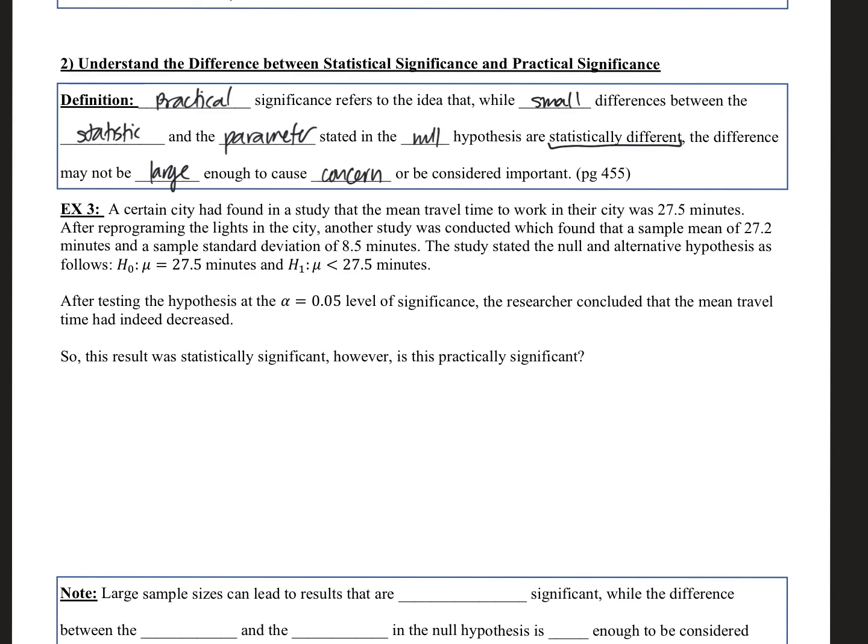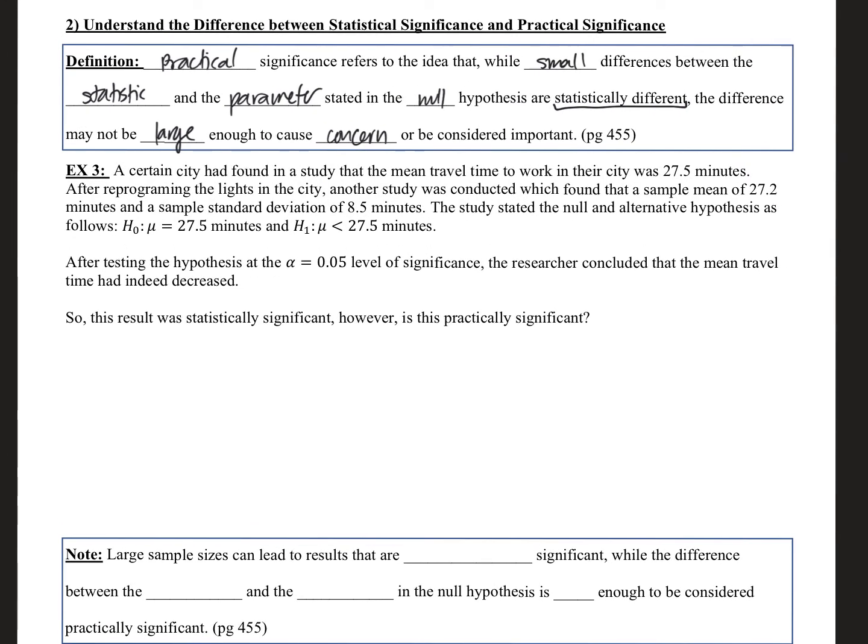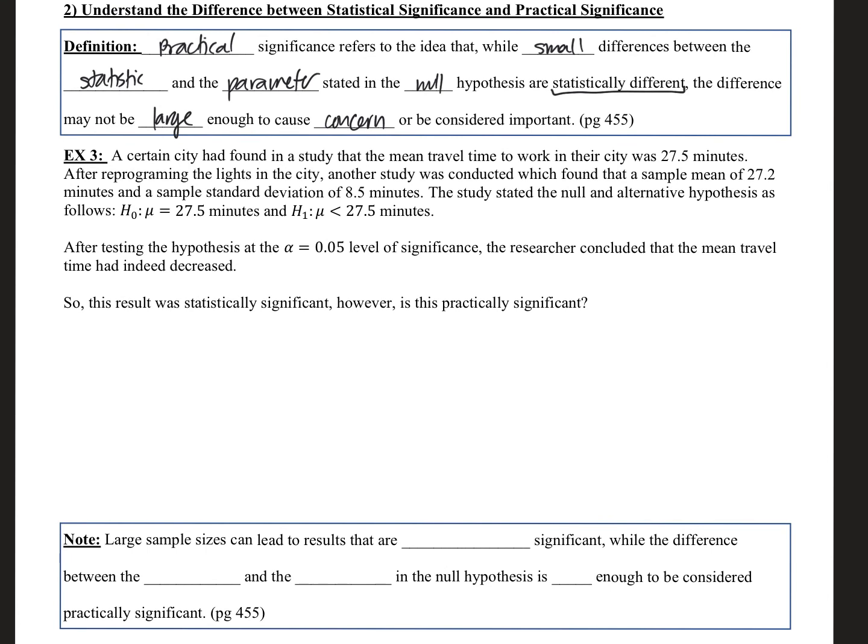Okay, so let's take a look at an example of this. In a certain city, they had found out that the mean travel time to work was 27.5 minutes. After reprogramming the lights in the city, another study was conducted which found a sample mean of 27.2 minutes and a sample standard deviation of 8.5 minutes. The study stated the null and alternative hypotheses as follows. H0: mu is 27.5 and H1: mu is less than 27.5 minutes. After testing the hypothesis at the alpha equals 0.05 level of significance, the researcher concluded that the mean travel time